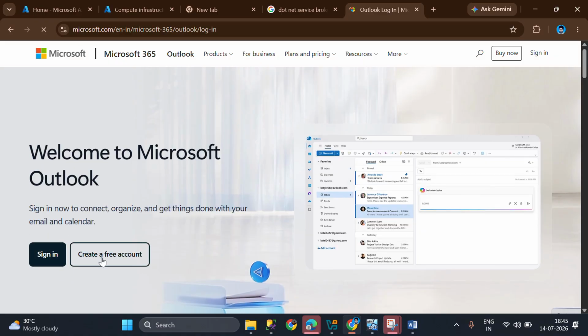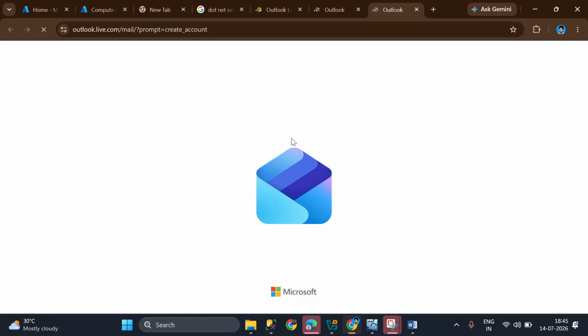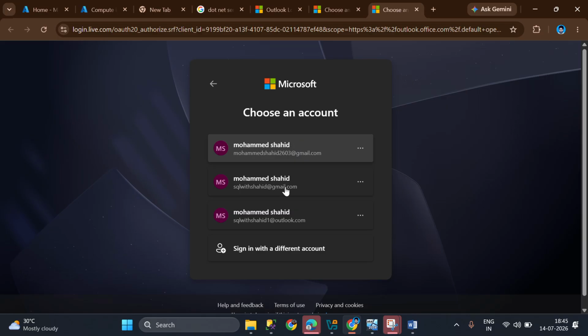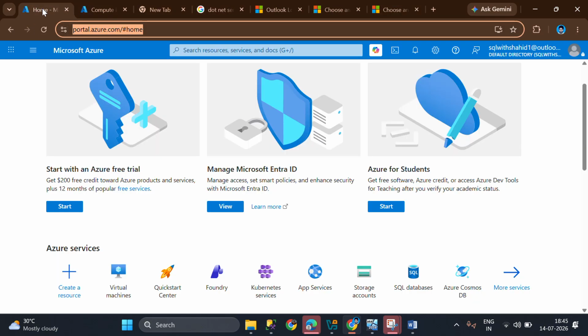You have to sign up first and create one account. See here, I have already created SQL with Shahid1@outlook.com. After creating the Outlook account, you have to come to the Azure portal.